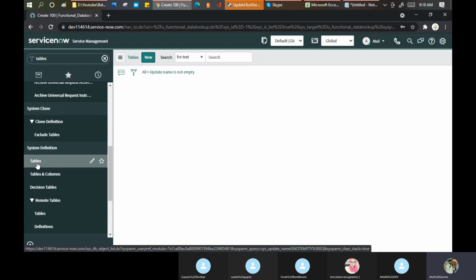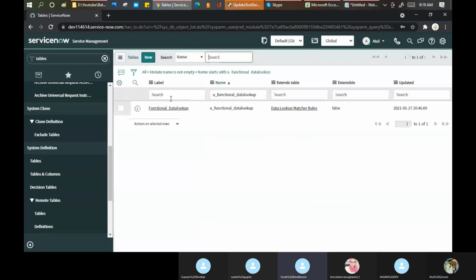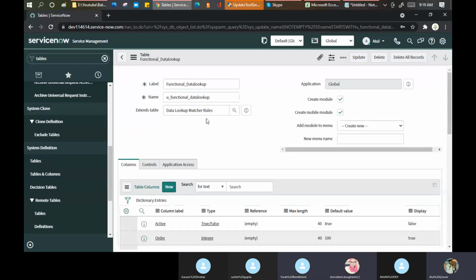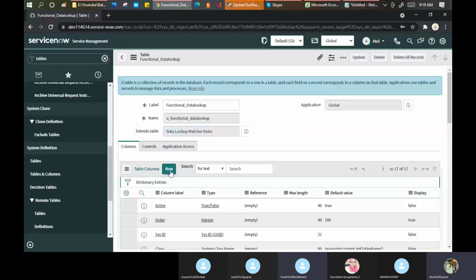Because minimum two things I need in this particular place, right? And open this function, and let me add one more field called assignment group, right? Because it doesn't exist out of the box. Exactly, right.